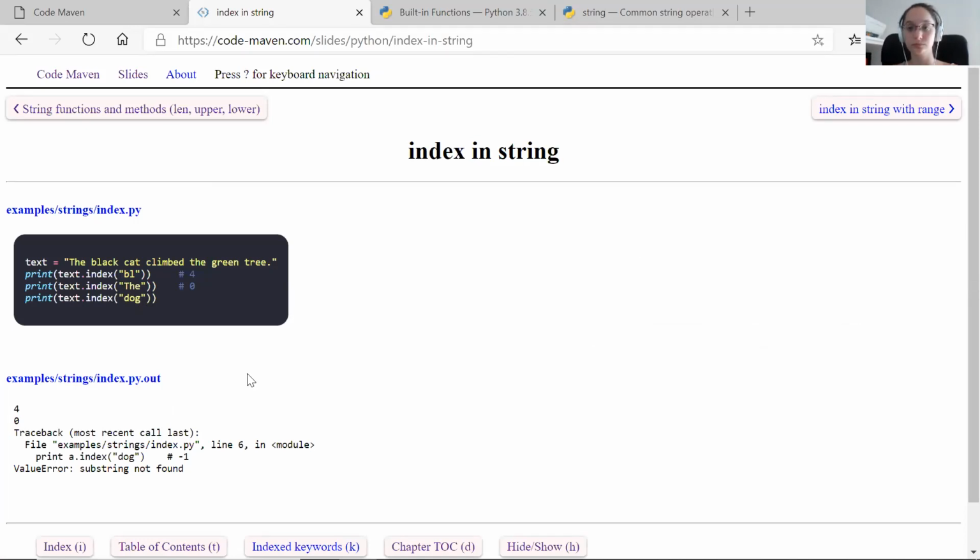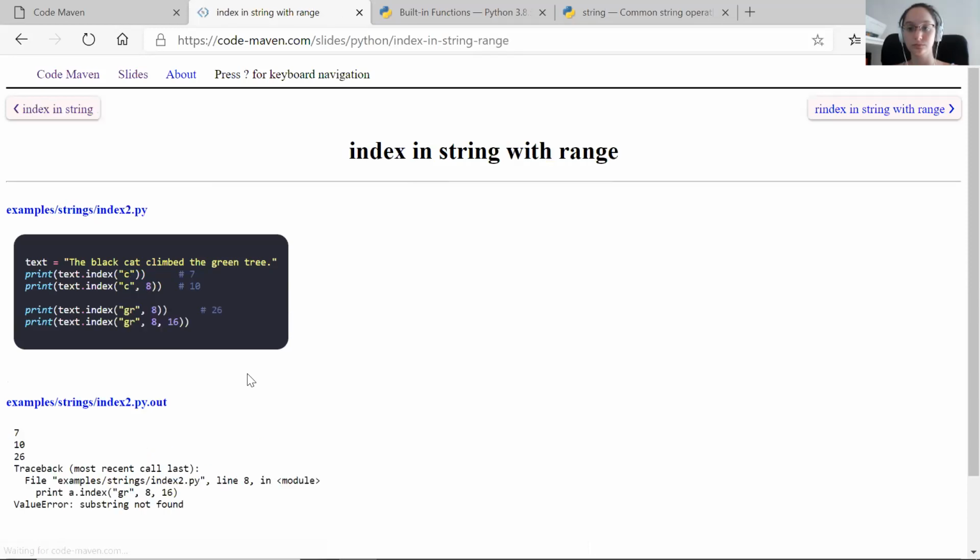We'll also want to get rid of this exception, but first let's answer your question. What happens if I look for something that has multiple appearances? So text.index C, looking for the string which is the letter C, because that's what I had repeated here. Maybe there is something else repeated here, but I don't know what. C finds the first one from the left side. But if I want to find another one, I could run index again, saying look for the C